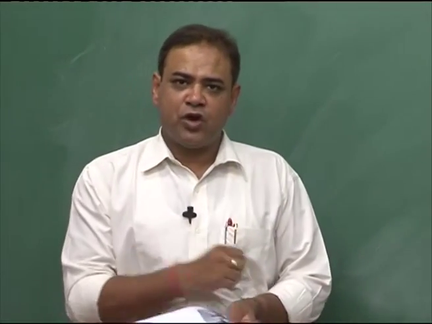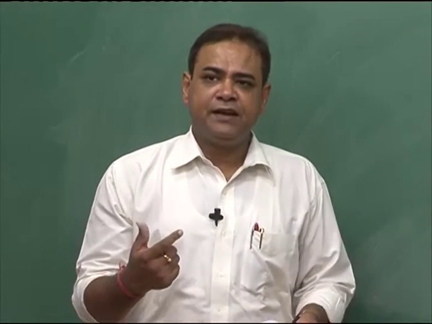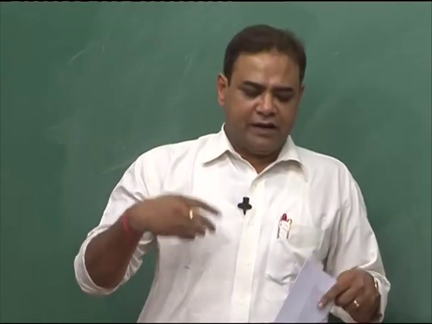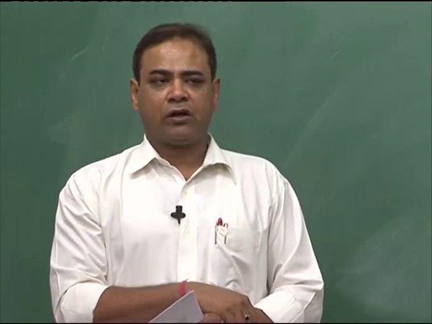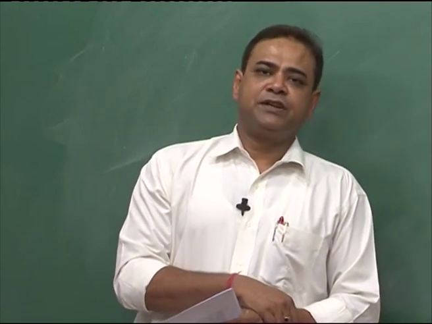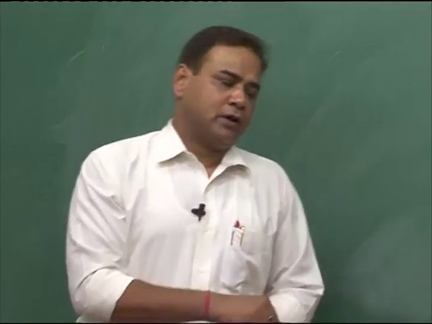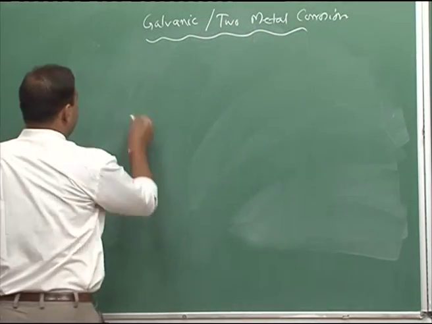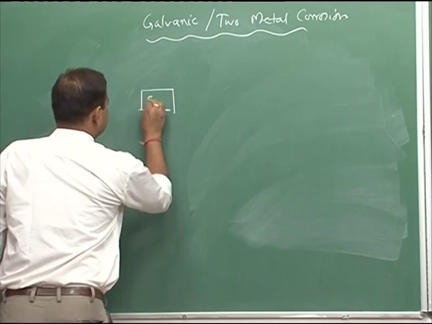When you go for joining, you definitely have a two metal contact, and if that contact is exposed to an electrolyte or corrosive, there could be a possibility of galvanic corrosion. For example, if we have stainless steel